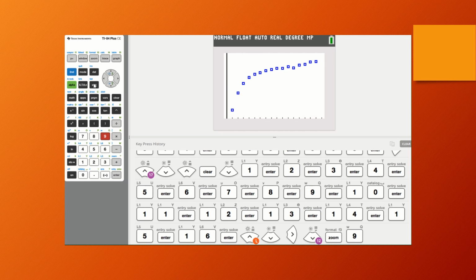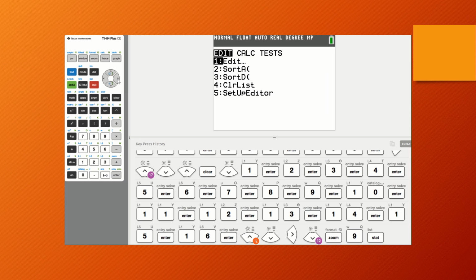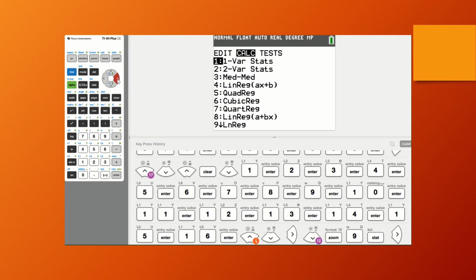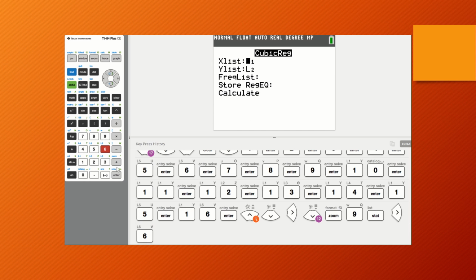So I'm going to go into stat, and I'm going to go to calculate. And since I think I see something that resembles a little bit of a cubic function, I'm going to pick option 6, cubic function. And we're going to enter our way through this and see if we can't get an equation. All right, so it would be A